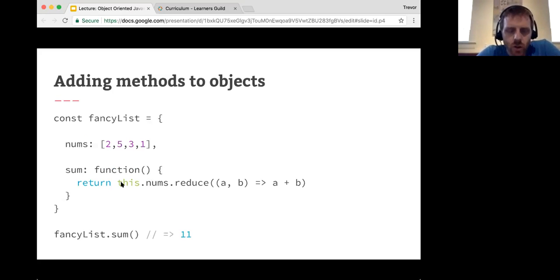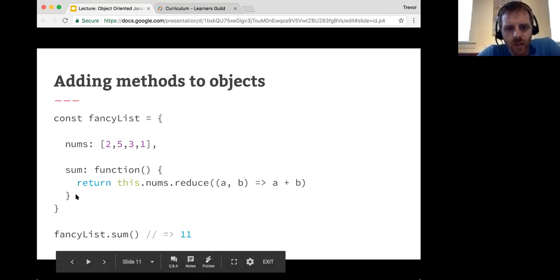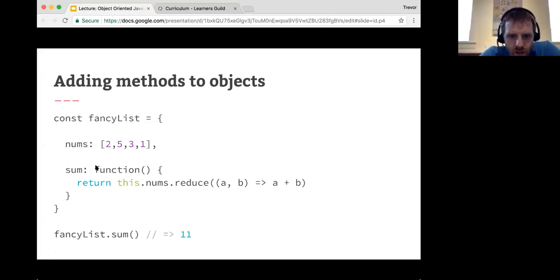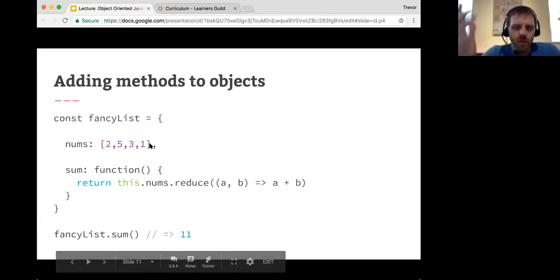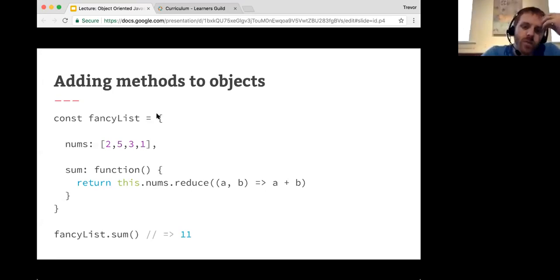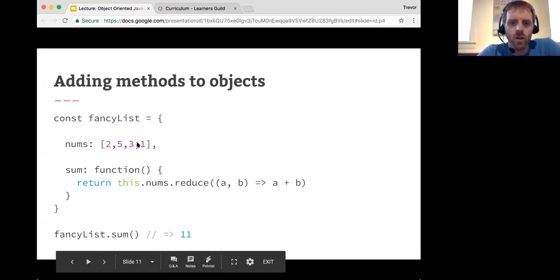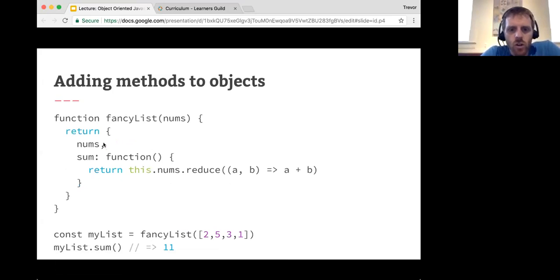this thing we're doing here is nice, but it's a little bit awkward, right? I don't want to have to write this whole object and type out this whole function every time I create one of these lists and want to sum it up. This works, but it's not very useful. I'm having to hard code this big old object every time I want to create one of these fancy list type objects. So what I could do is create a function called fancy list that